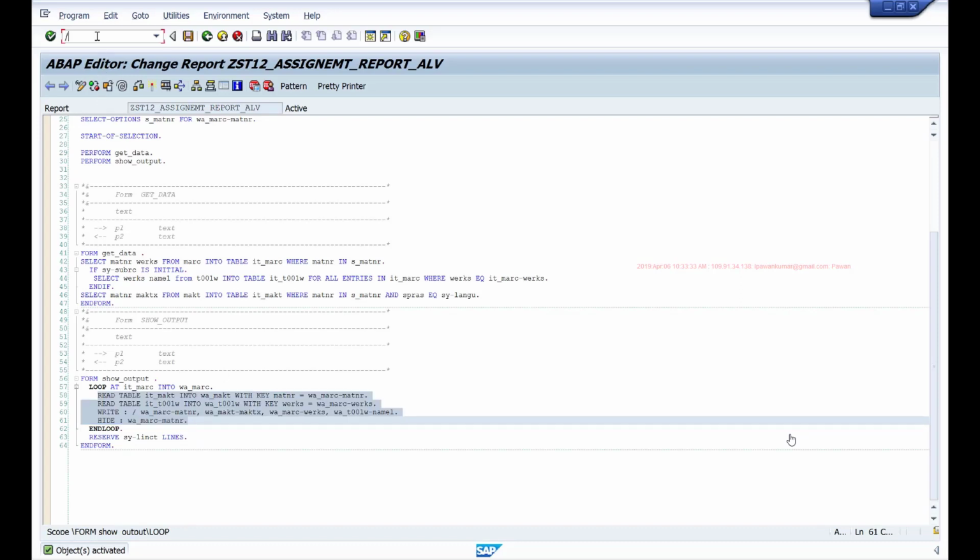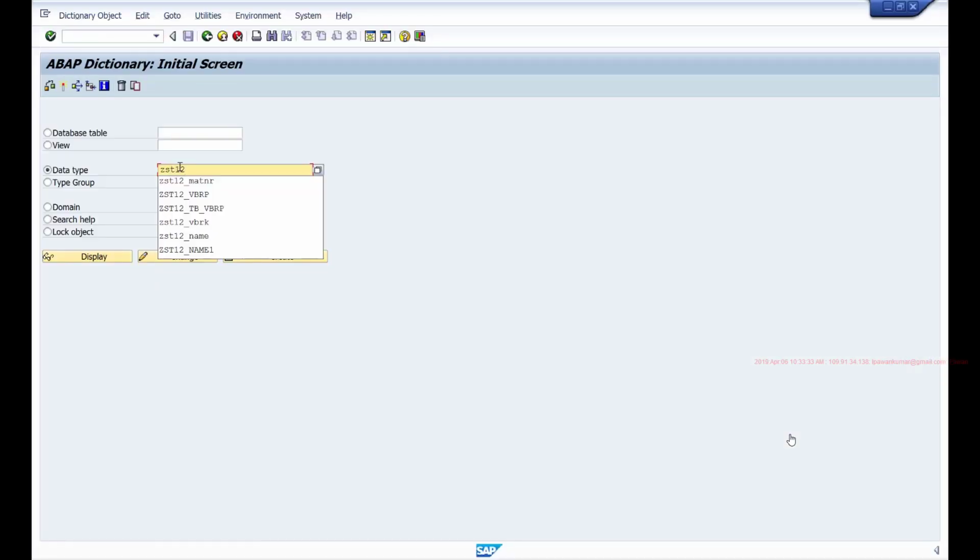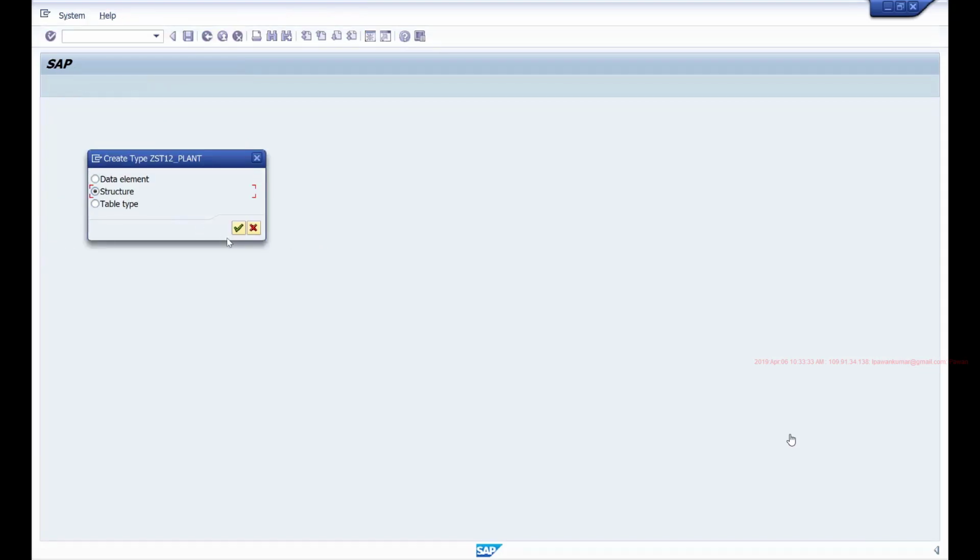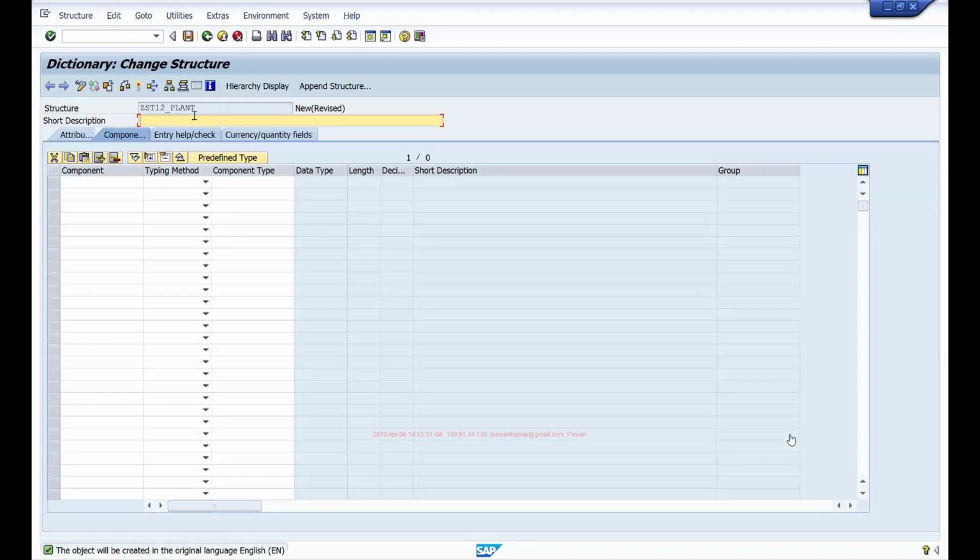To do that, I'll first create one structure. Let's say I want the MATNR field, MAKTX field, WERKS field and NAME1 field. MATNR I'll refer to MATNR, MAKTX to MAKTX, WERKS to WERKS_D, and NAME1 to NAME1.